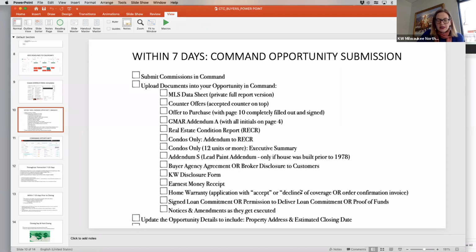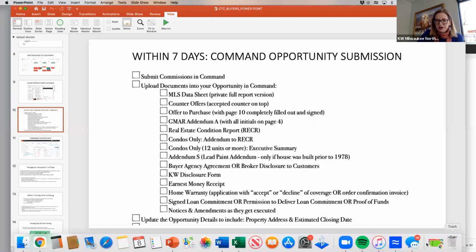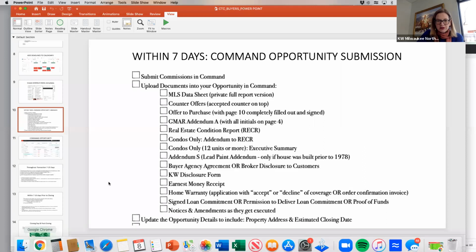Remember that we are declining coverage or making sure that the buyer has declined coverage if we're not including one into the offer to purchase. Your buyer agency agreement under your consultation folder. I'll show you, for my newbies, let me show you what the